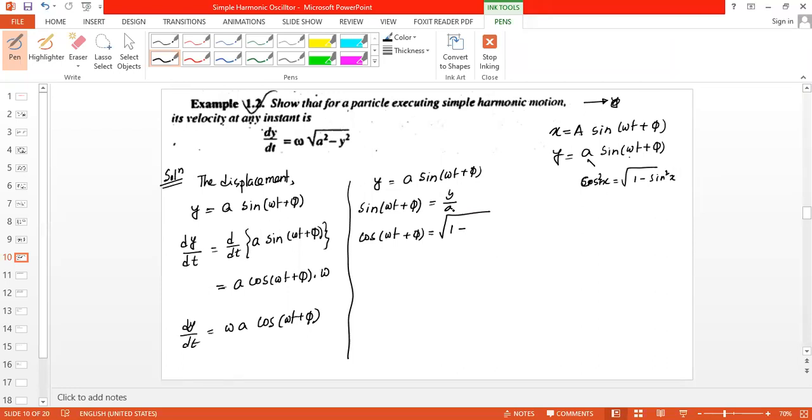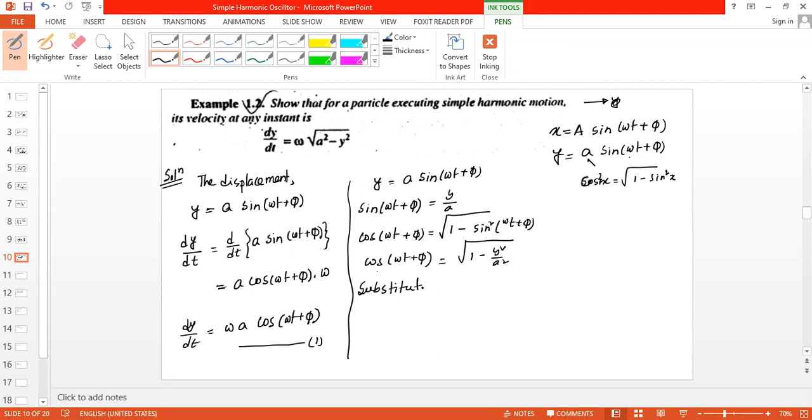So then we'll get 1 minus sin square (omega t plus phi). So cos(omega t plus phi) equal to square root of 1 minus y square over a square, because sin(omega t plus phi) is y over a. Now what I have to do, I have to substitute this value of cos(omega t plus phi) here. Let's name it equation 1. Okay, substituting this value of cos(omega t plus phi) in equation 1,